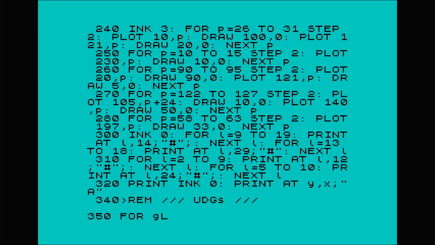We need to put this inside a loop. So for G, I always put G for graphics. And you've got to go from 0 to 7 when you're doing your graphics. We're only doing one character, so 0 to 7, that is 8, yeah? 8-bit. 0 to 7, that's our 8. And then we want to do a read, so it knows where to read to. So I'm going to put DAT for data. And then I'm going to put poke